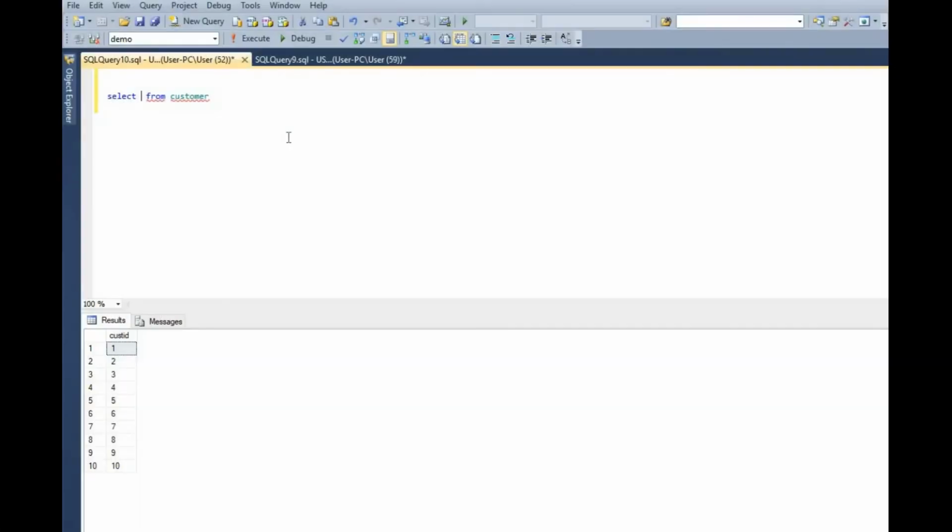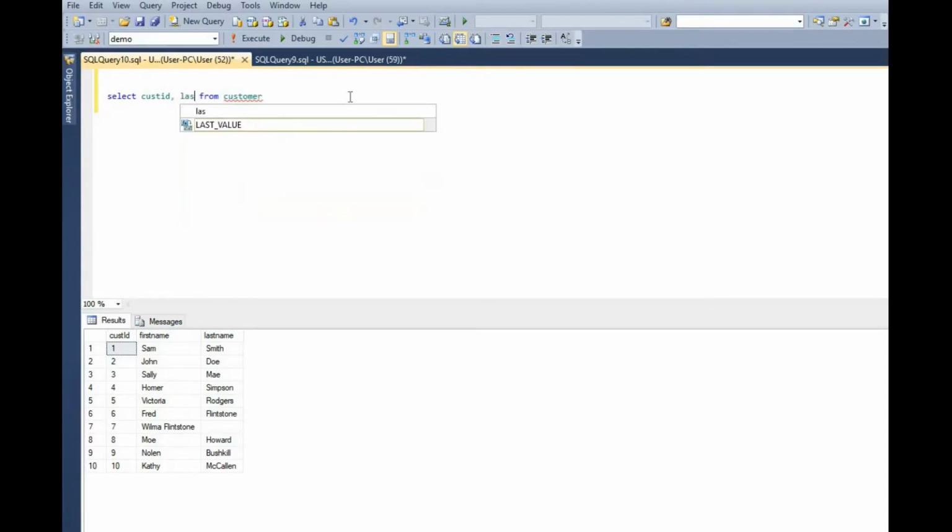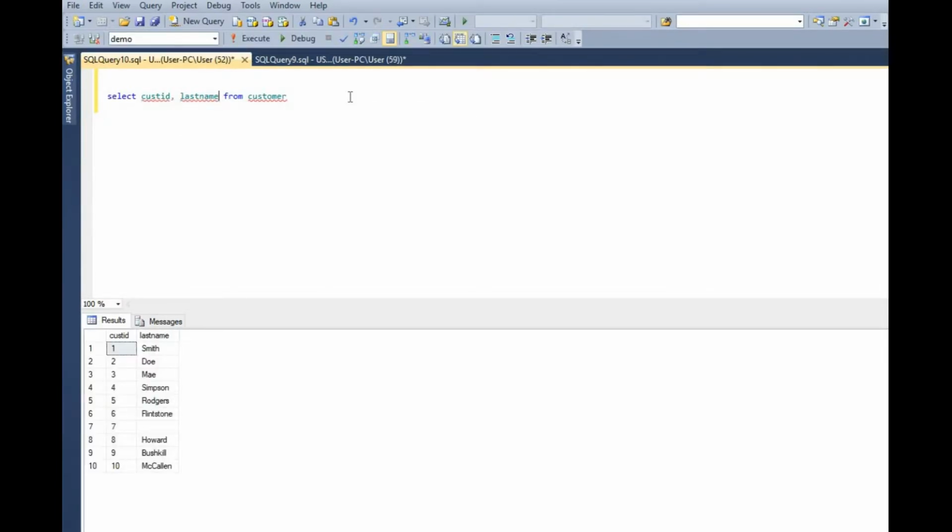And this is important to realize that when your application is expecting certain results, if you select star, say your application wants cust ID. Let's do this so we can see everything. Say your application is expecting cust ID and last name. So this is what your application is expecting. Say your web page or your app or whatever it is that you're using, a Crystal Report or something else. If it's expecting that, it's very good to select exactly what it's expecting, because if your